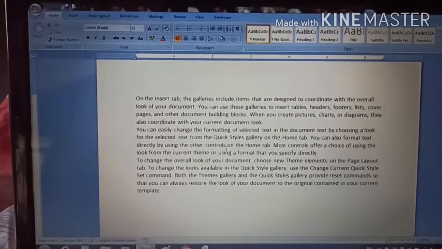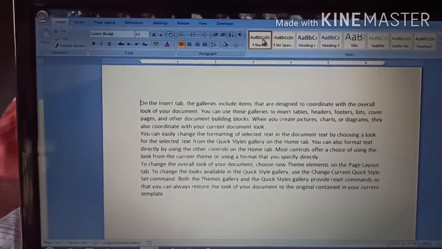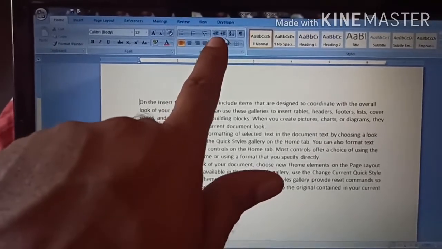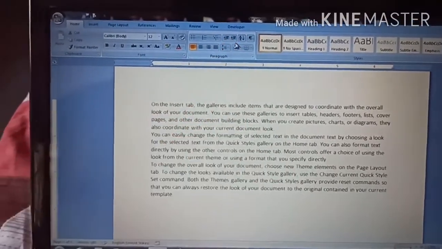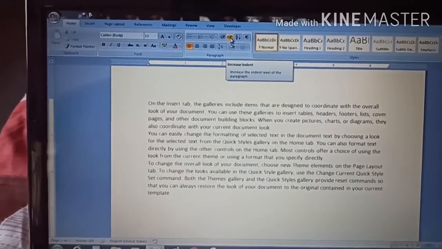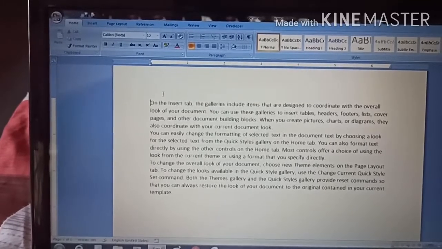Now we will see about the indentation option. Here in the same paragraph group, we have the indentation options: increase indent and decrease indent. Indent is the space between the margin and the text.